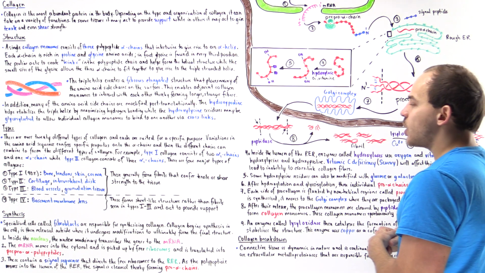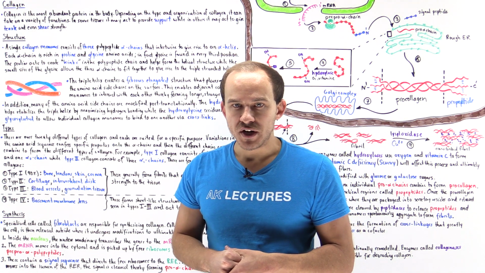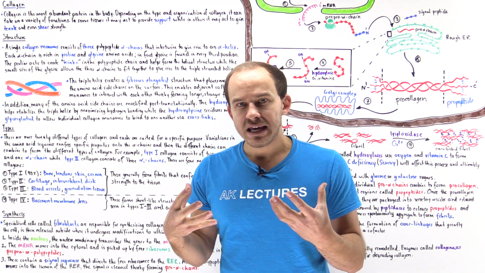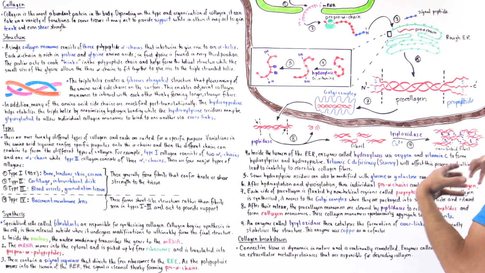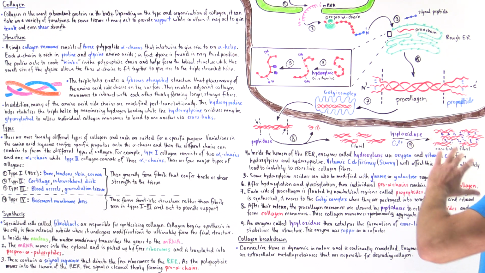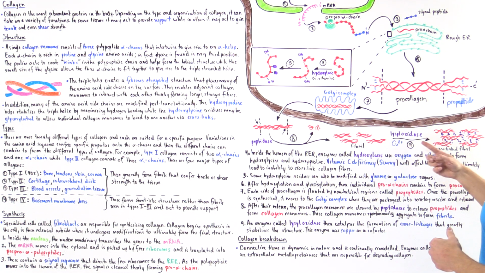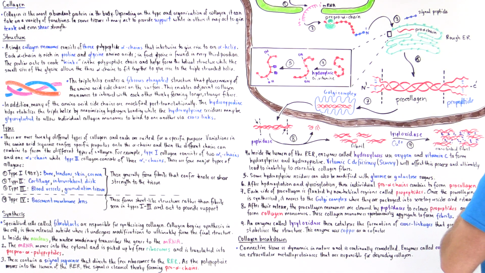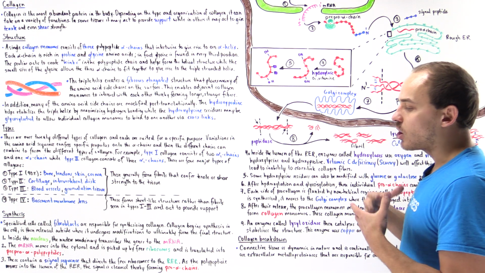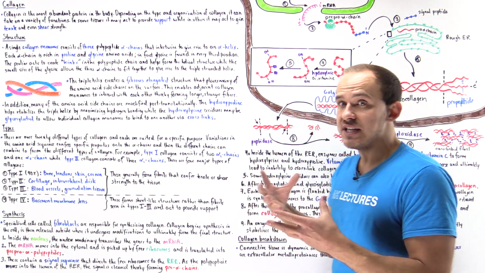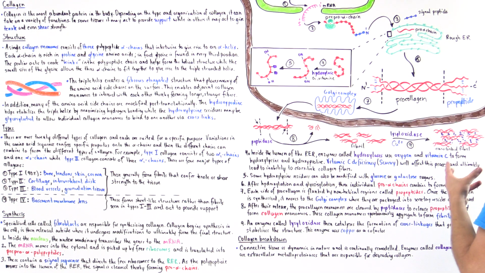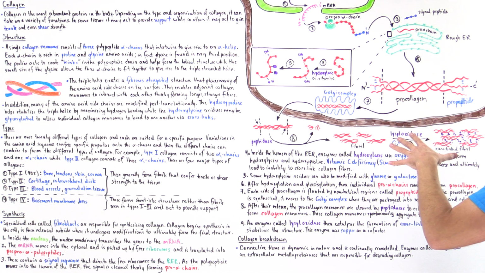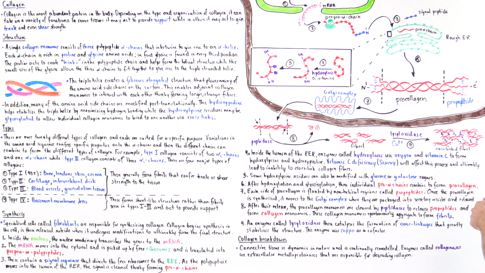Now, in a disease known as Menkes disease, in which there's a problem in actually being able to take the copper and attach the copper onto this enzyme and other enzymes, the lysyl oxidase doesn't function as well, and so we can't form these cross linkages. And so the patients with Menkes disease are going to have problems associated with collagen instability. So this is the way we form collagen in our body.